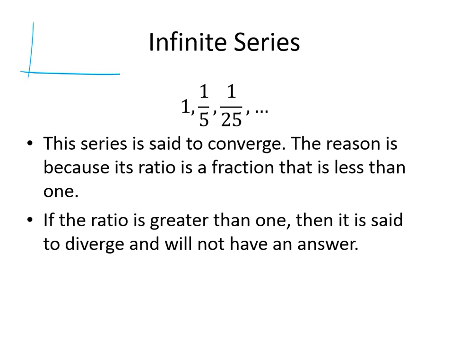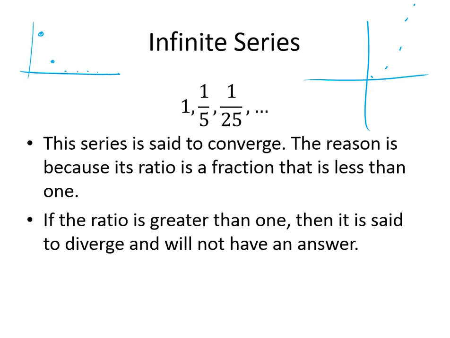which basically means that if we took this series right here, we go 1 and then we go 1/5 and then we get smaller and smaller, and as you see we get closer and closer to the x-axis, or closer and closer to 0. Okay, that's called a converging series. Now if the number keeps getting bigger, so if it goes like that, that's called diverging,